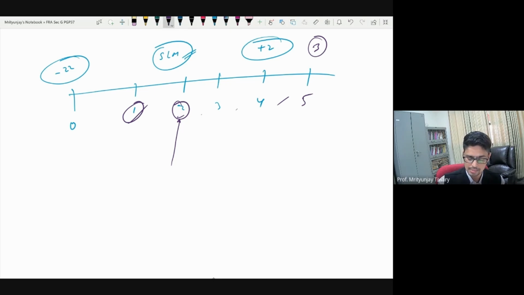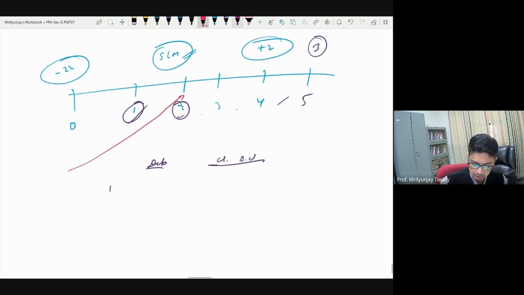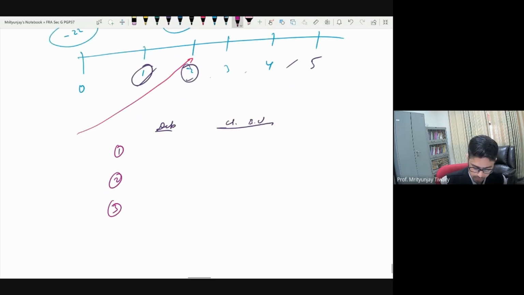You want to apply these changes in the third year. So what was the value with which you started the asset? Let us find it out. In year 1, we would have provided depreciation and there would be some closing book value. So basically we want to find out the closing value on this date. So let us do this. Year 1, year 2, year 3, year 4 and year 5.